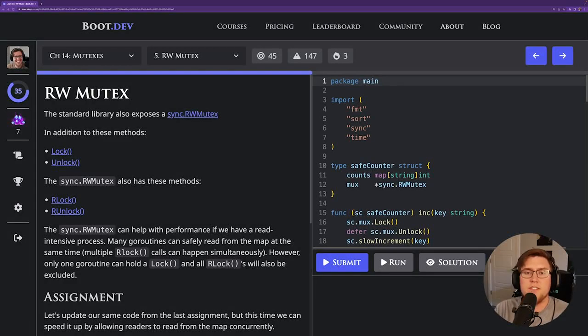So the sync.RWMutex has a little more functionality. It has the same lock and unlock methods and works exactly the same way as a normal mutex, but additionally, it has two more methods, RLock and RUnlock. So the reason you would use a read-write mutex is because it allows you to have multiple readers at the